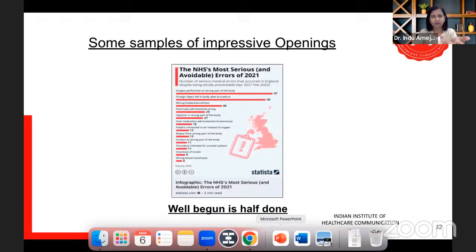For example, if I want to talk about the errors that are happening in healthcare, and I show them these statistics, they cannot deny this. This is a report by NHS of errors that happened in 2021. If it says that 97 surgeries were performed on the wrong part of the body, they can't say that this is a wrong report or that this is not true. When you give them such evidence to start with, it helps you get control of the situation